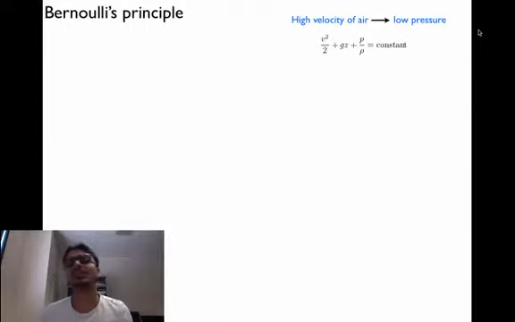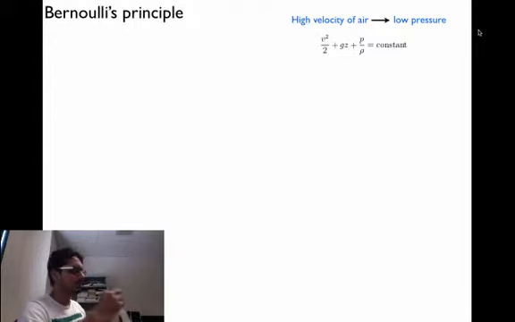Let's understand Bernoulli's principle with an example. Let's say I have this paper and I will blow air above the paper. Initially, since the air above the paper and below the paper is exactly the same, the pressure is also the same. Now, since I'm blowing air above the paper, a low pressure will be generated above the paper. Hence the paper should move upward. Notice that I'm blowing the air only above the paper.